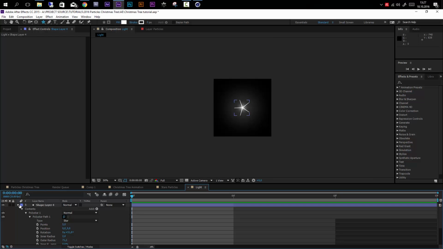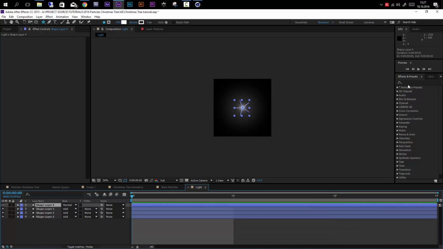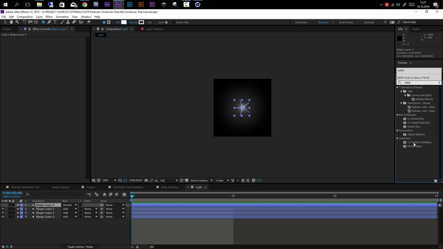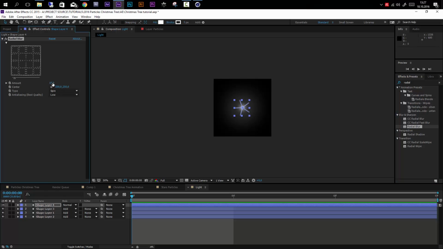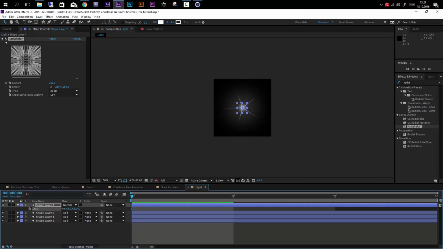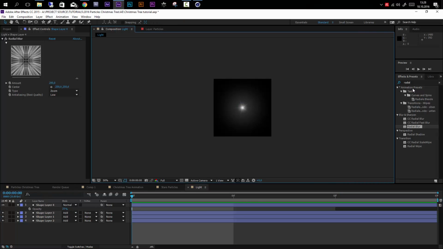And now with this selected, we will apply a new blur, and we will take a radial blur. So like so, increase the amount here. Do not spin it, but zoom it, you know, like so. And now we can scale this down a bit, lower the opacity, something like that. And you see now we are creating our own little flare here, or light here,